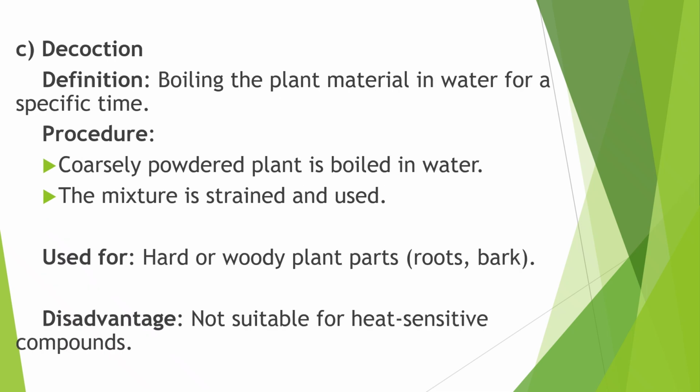Moving towards another process of extraction, that is decoction. In decoction, the plant material is boiled in water for a specific time period. And how can we proceed with this process? Coarsely powdered plant is boiled in water, and then the mixture is strained and used. As far as the use of the decoction process is concerned,